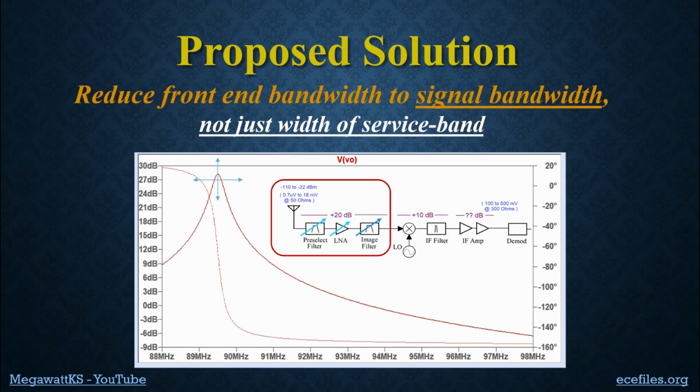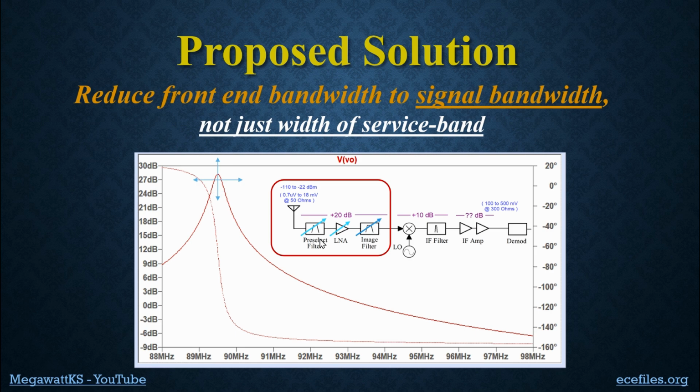So before we go to our circuit designs and the prototypes that we've built and tested, let's look at this graph and figure out what it's talking about here. This red curve is the frequency response to the output of the low noise amplifier / image filter. Now, as we saw previously, there's also some pre-selection filtering going on, but let's just look at this red curve right now. It's pretty narrow. This is 90 megahertz, this is 89, so it's about 200 kilohertz-ish wide, and that's the channel width for FM